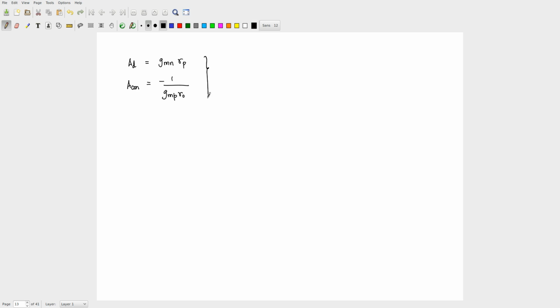From these two quantities, there is a quantity called the common mode rejection ratio, and that is defined as modulus of AD divided by modulus of ACM. Alright, and this becomes equal to, so there's a 2 here, sorry, 2 GMN GMP RP R0,